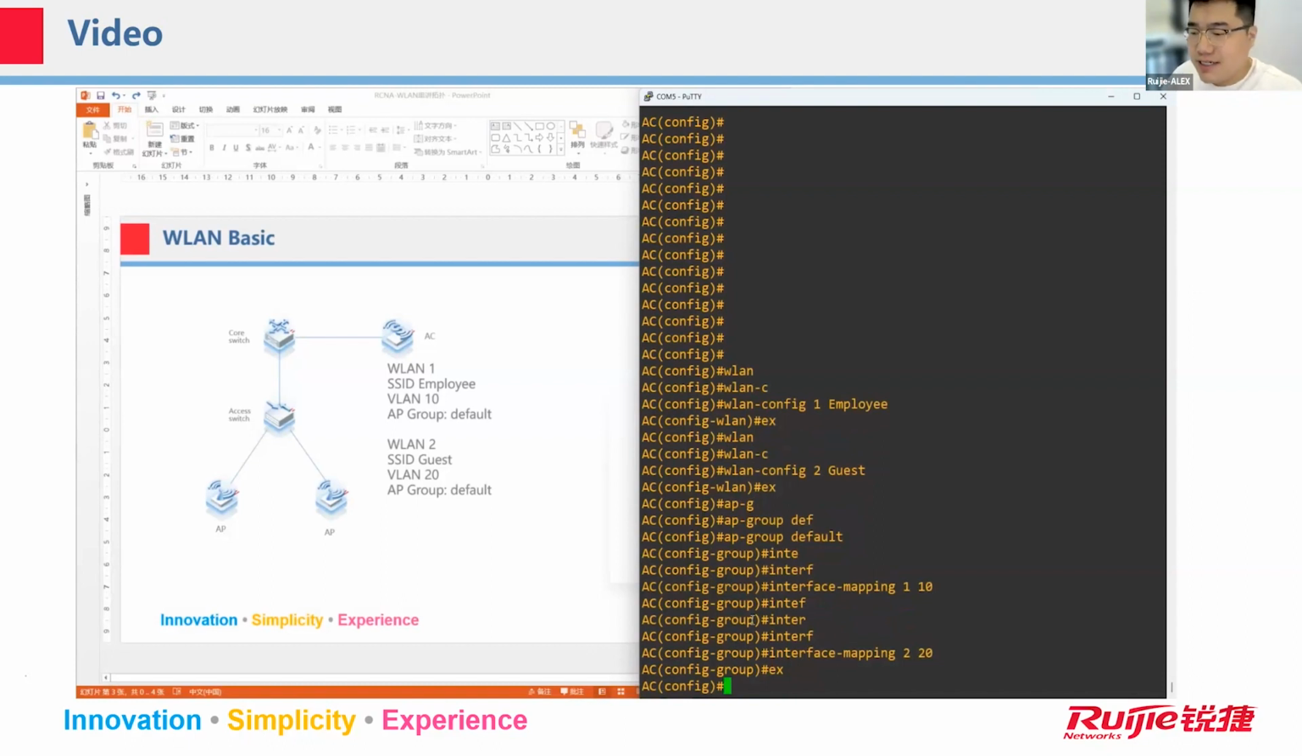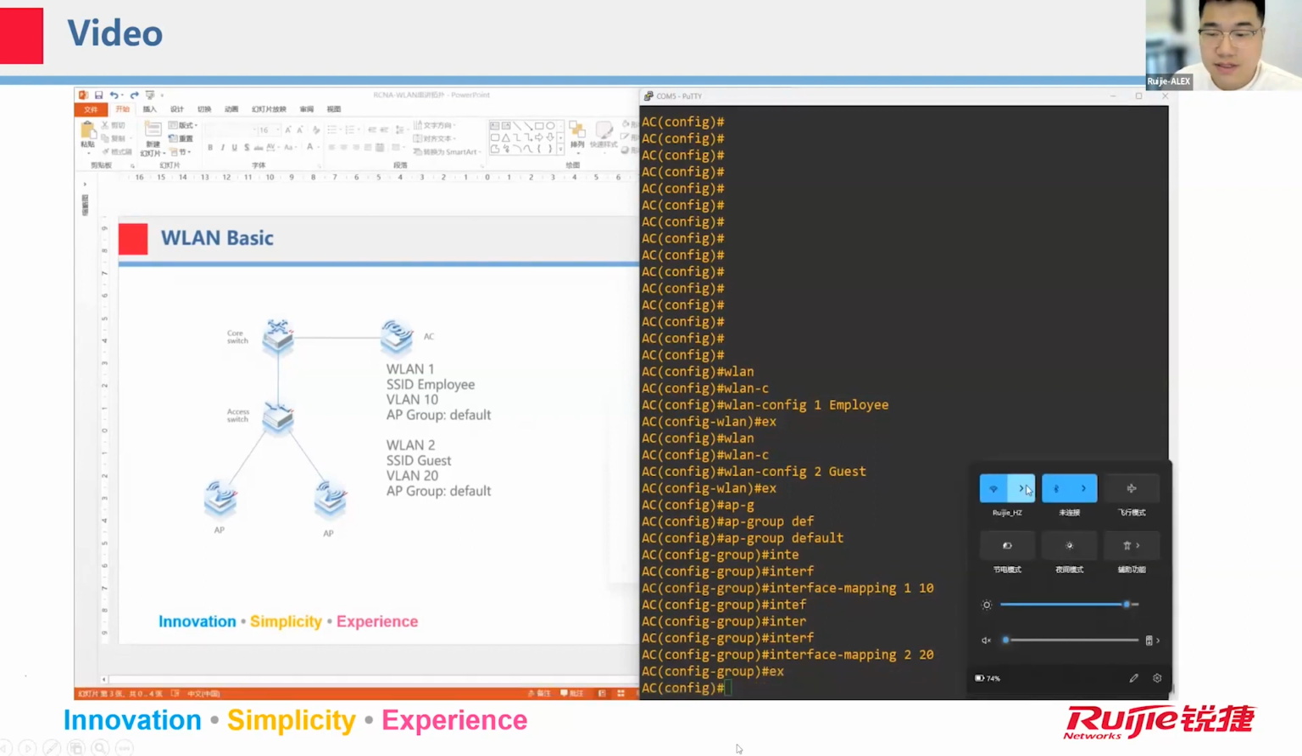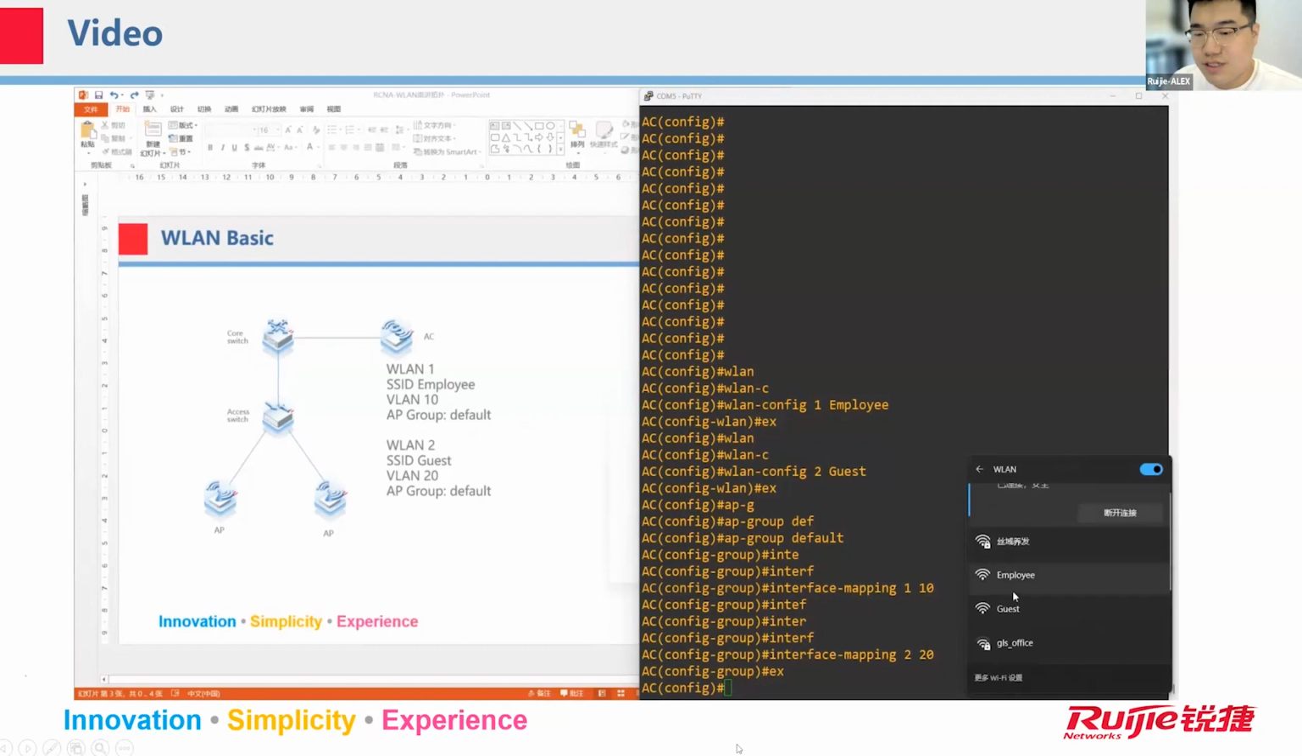After finishing this, you can use your laptop or mobile to test if you can search for the two signals. The first SSID is employee, and the second SSID is guest. If you can, it means the configuration succeeded. Okay, so let's see it. Here I use my laptop to check. Okay, you can see two